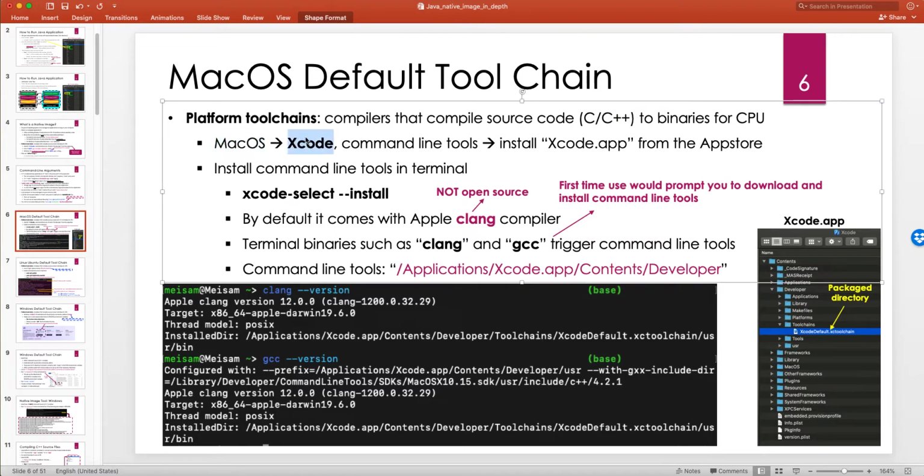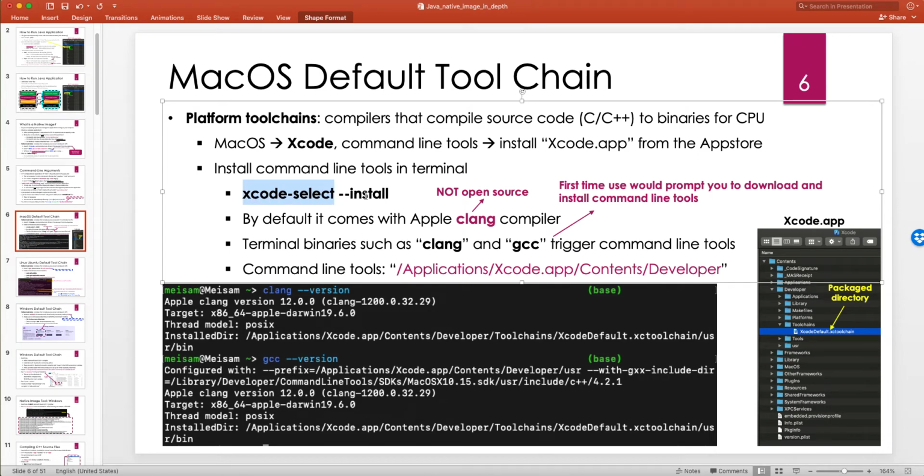So on macOS, you can just go into the App Store and install Xcode. It's a very big application, I think about 12 gigabytes or so. But in fact, just to compile applications, you don't need to install the entire Xcode, because part of Xcode is a GUI that comes with it, and it provides a lot of tools for developing applications for different hardware like iPhone, iPad, etc. But we're just interested in getting the compiler that allows us to compile for macOS, right? So you can just use the toolchain that comes with Xcode, called the command line tools. Either install the Xcode app from the App Store, or just open up a terminal and type